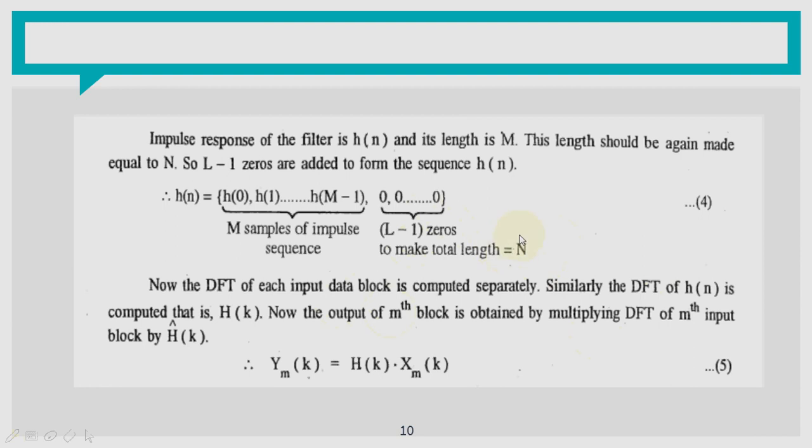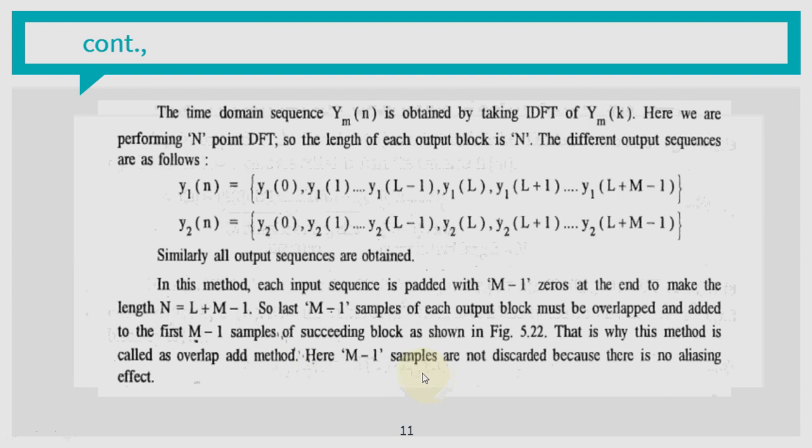padded to make the length N, and perform the DFT. That is, for the convolution, Y of k is equal to H of k into X of k. Take the IDFT of Y, so you will get the samples. So in this way you will get the samples y1 of n, y2 of n, and so on. So there is no aliasing in the